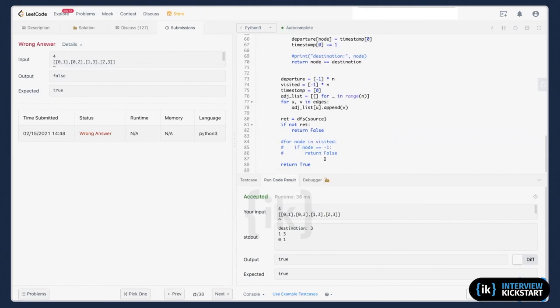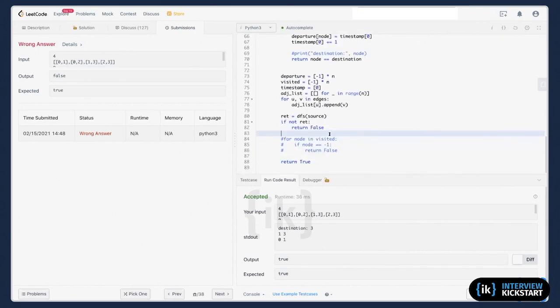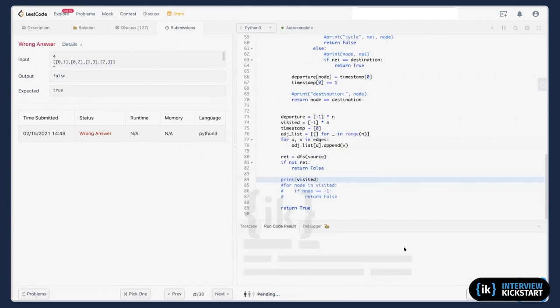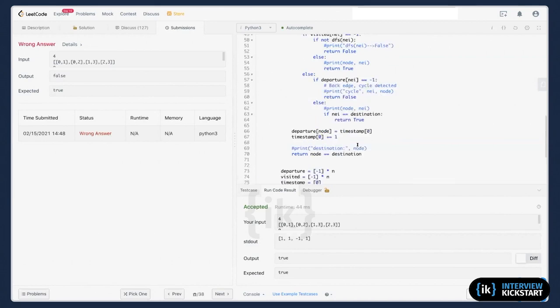Just let me check why I'm having a problem here. Node image reset. 0 1 2 3. 0 1, 2, 3 2.